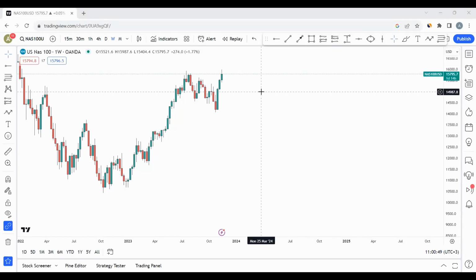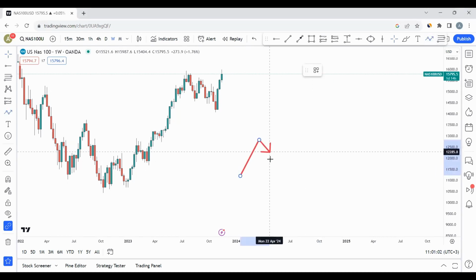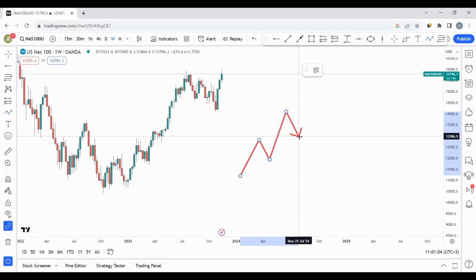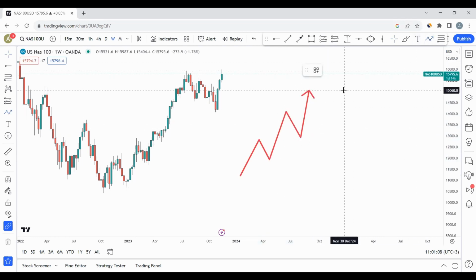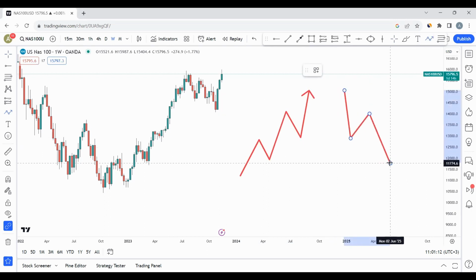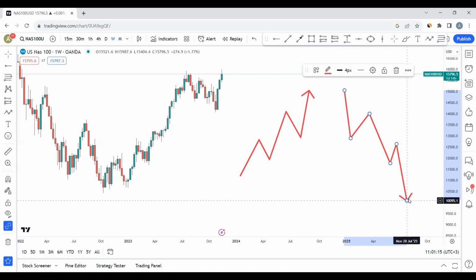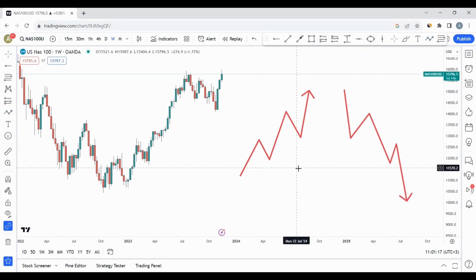So you've probably been hearing a lot about structure, market structure here and there, right? And you're wondering what structure actually is, and you don't understand what it is. Most of you think structure is simply the market moving up, down, and up, right? Or sometimes you may think it is simply the market making lower highs, lower lows, lower highs, and lower lows, right? Now, this is part of structure, yes, but